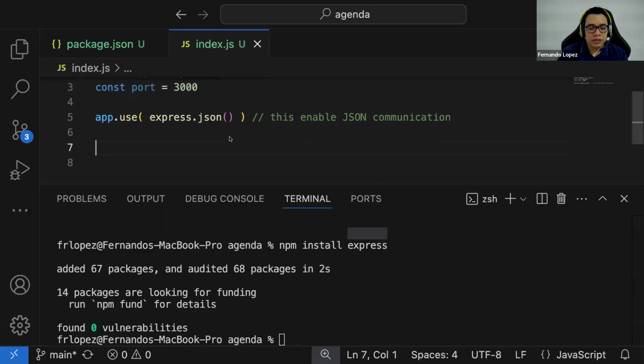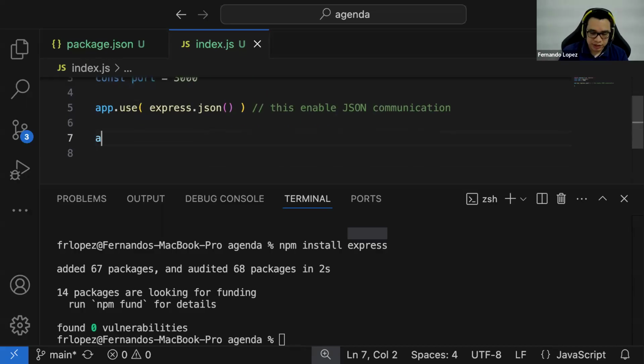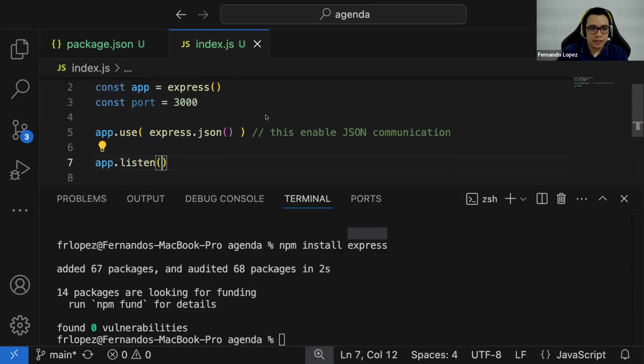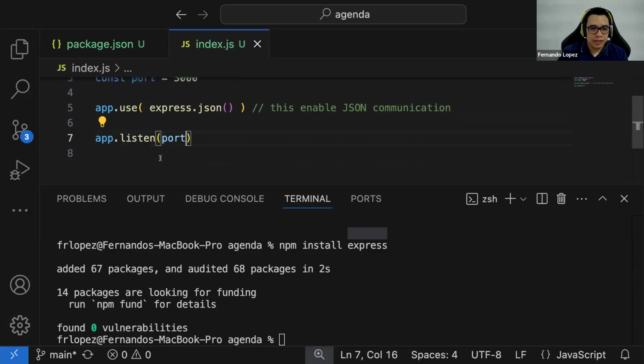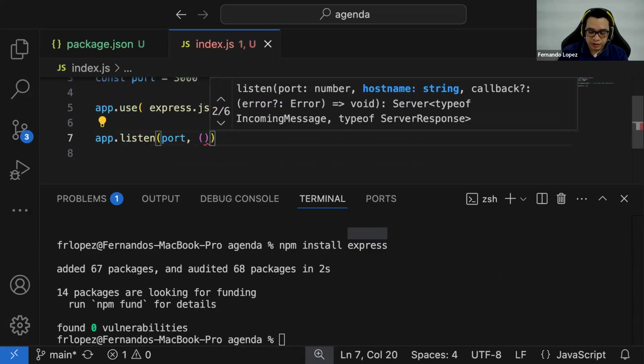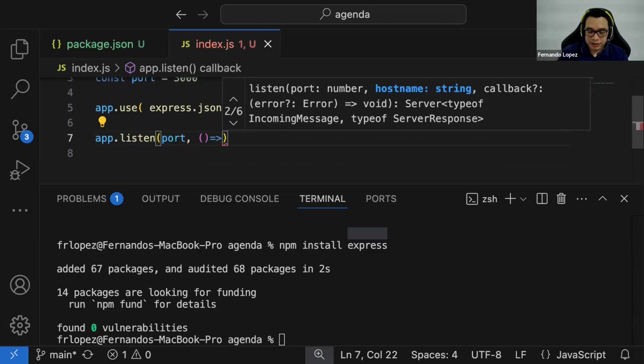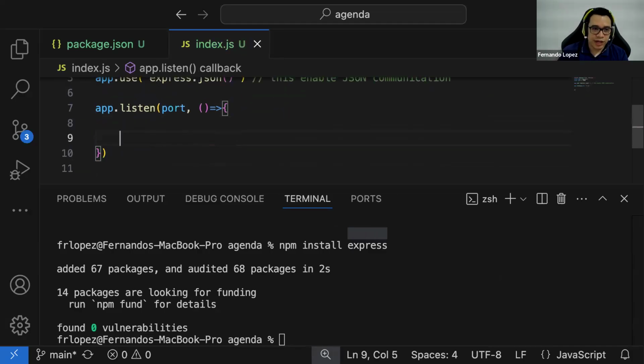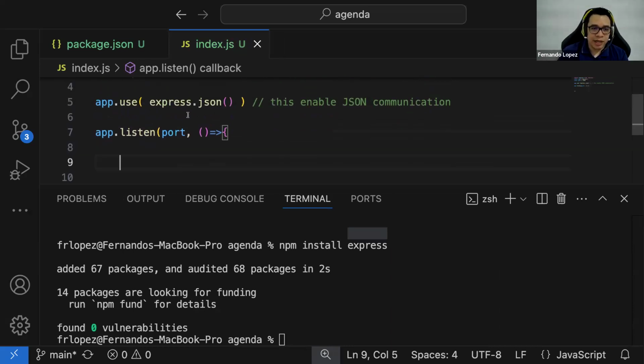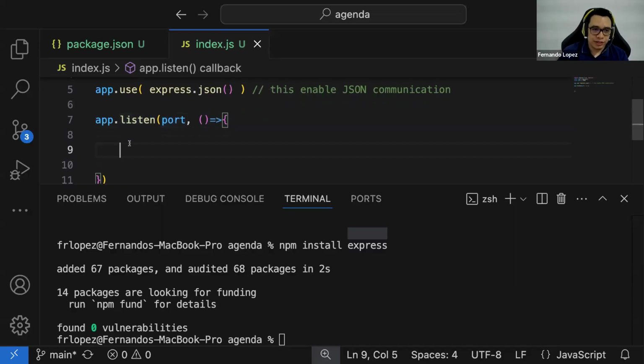So we need to use the method that is called listen. And we're going to pass the port, and then there is a callback. Express has this property that for every middleware that we are applying, we can use a callback to call it once we finish deploying the port in this case.